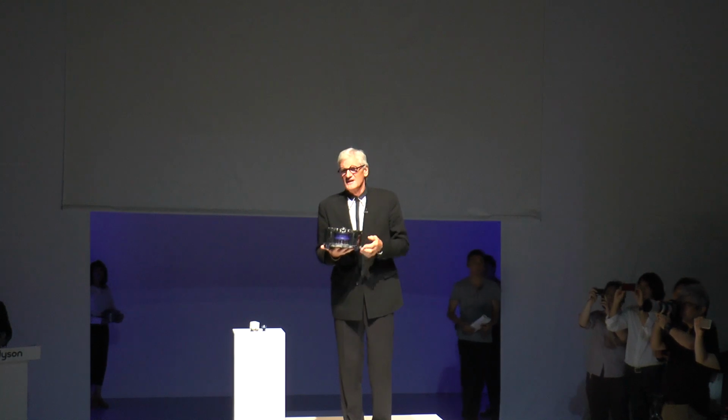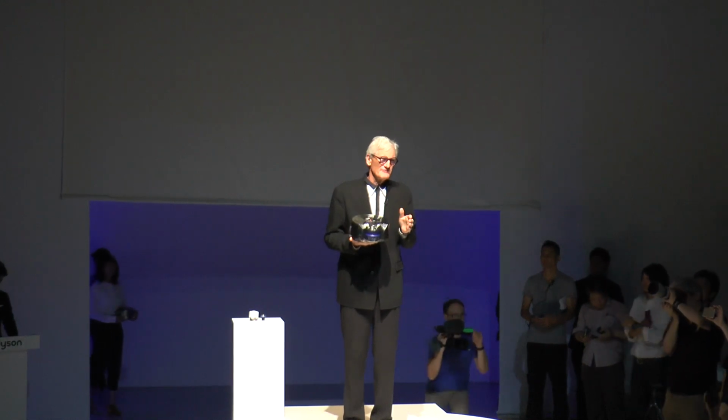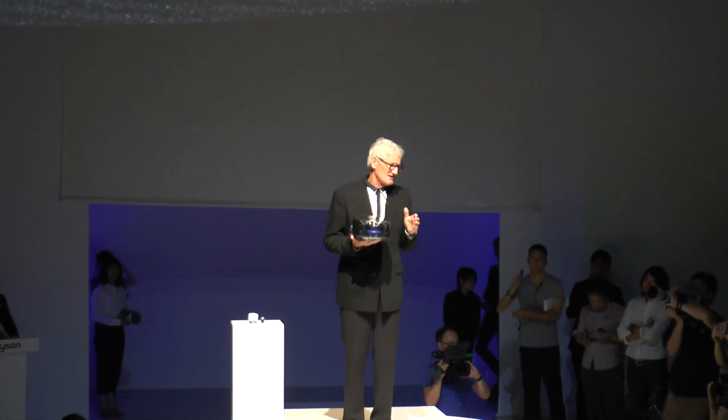I'm going to introduce you today to a robot vacuum cleaner that navigates in a totally different way with a 360-degree camera, and which gives unprecedented suction for a robotic vacuum cleaner thanks to our digital high-speed motor. Both these features are unique. Nobody else has them. The pattern you're seeing on the walls around here is typical of the random